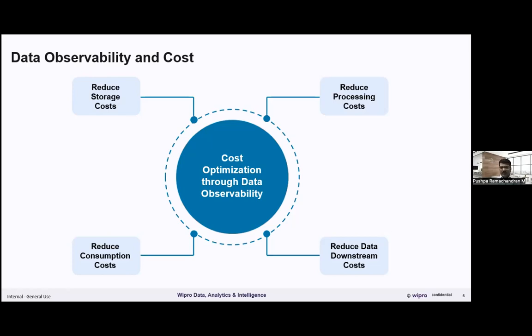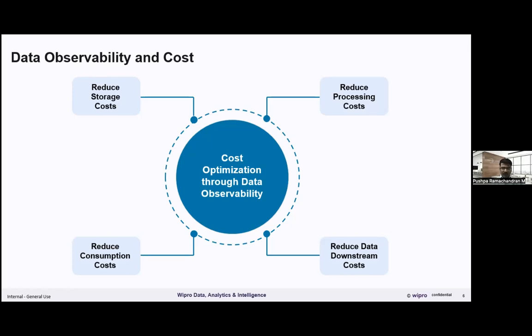So what we did is we implemented continuous monitoring of the data flow and data stores to ensure the quality of data that is delivered to the business users, as well as optimize the cost by providing a unified view of the assets, thus reducing the overall infrastructure cost, right? So that's again an important aspect where data observability tools have a lot more promising capabilities today.